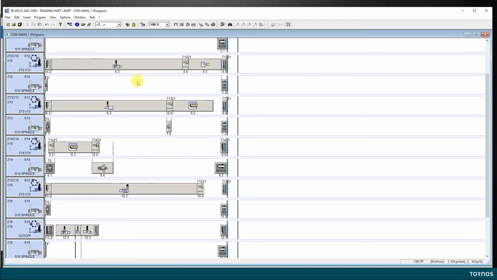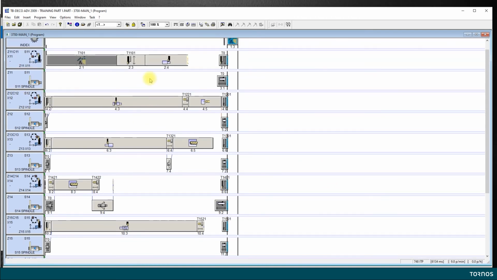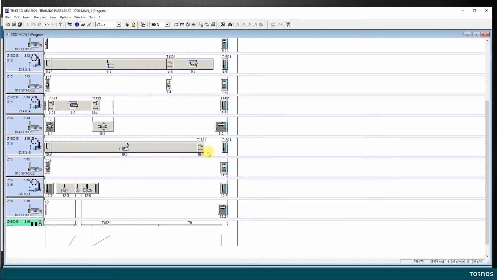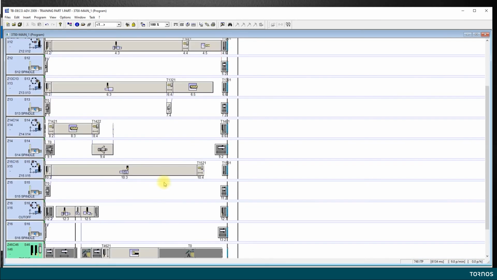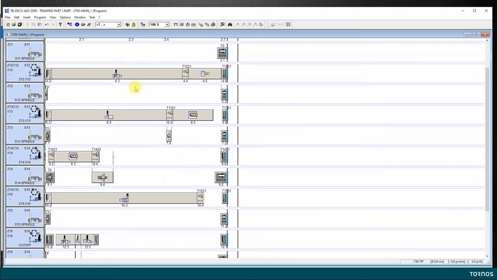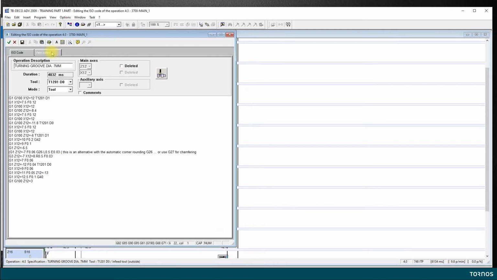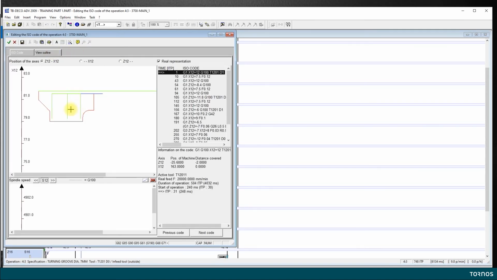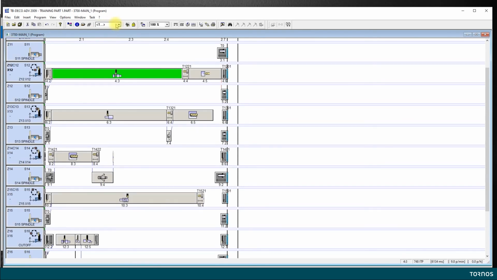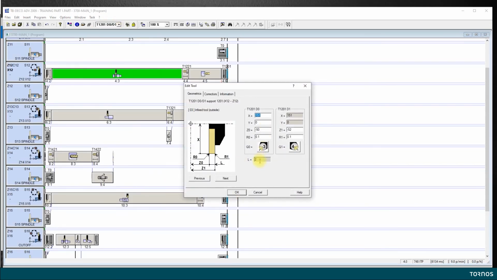It's still my operation 2 leading. The others are shorter. So I need to do something on my operation 2 here. I have an infeed tool that does a rough and a finish. I chose a tool, if I look here, that is 2 millimeter wide.